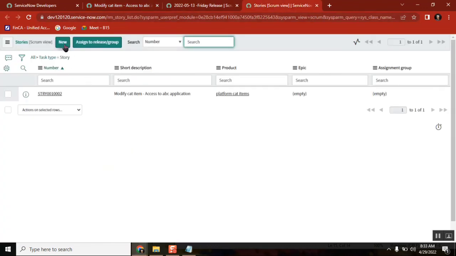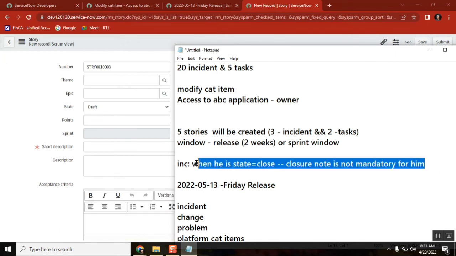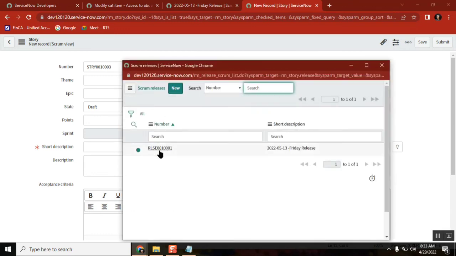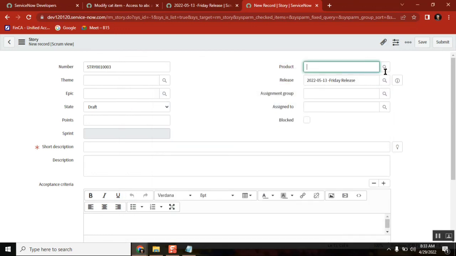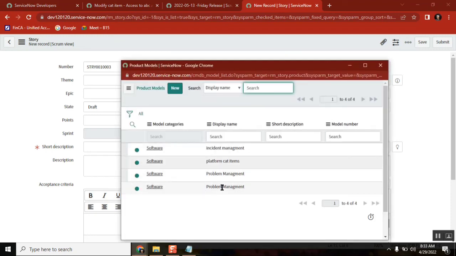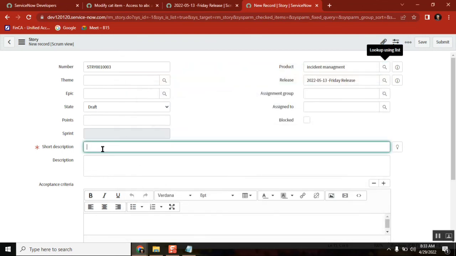One story is created. Next, I'm creating a story for this one. See here, this is a bug, right? What I select here first is the release, our release only, because we need to complete this for the current release. For product, I will select incident management. For the short description, I will say closure notes mandatory issue, and then